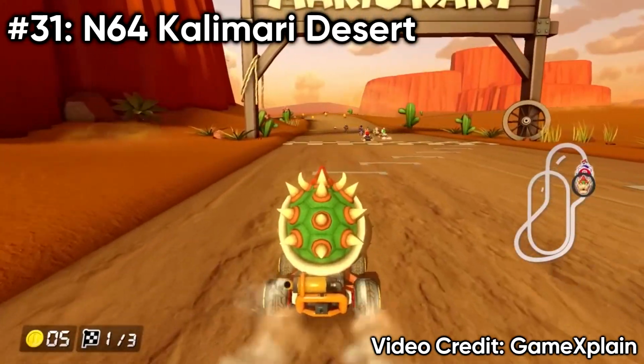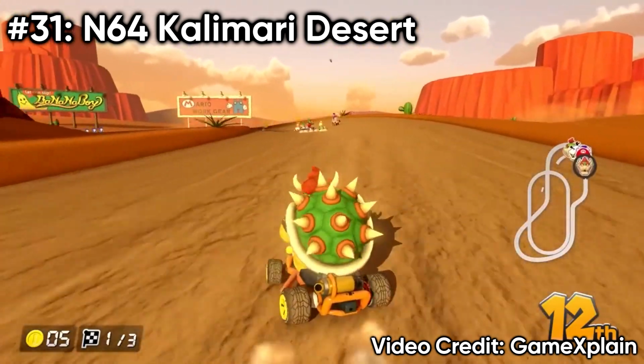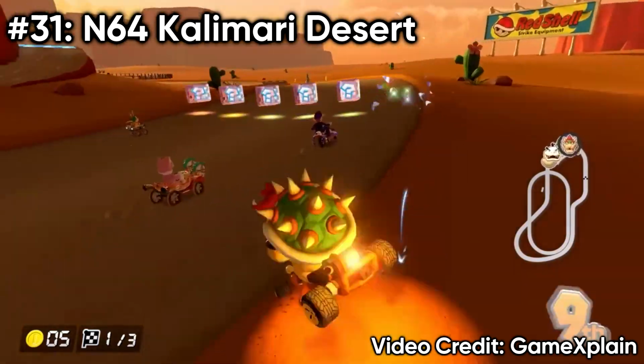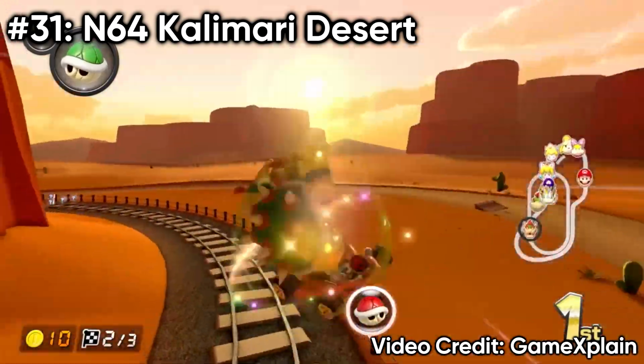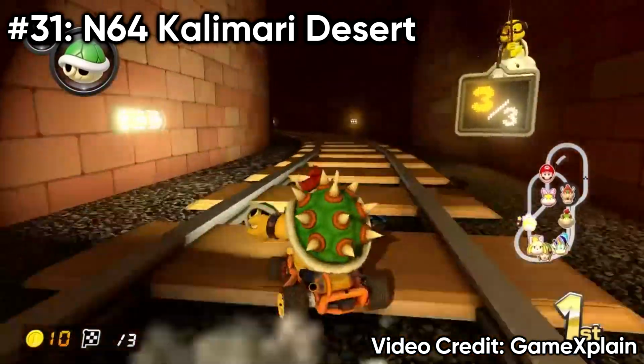Number 31, N64 Calamari Desert. The final N64 track in this DLC. Like I said, they really should have added more than 2. But anyway, I think Calamari Desert got an even bigger glow up than Choco Mountain. The main reason is because, like with the tour tracks, the route actually changes each lap. On lap 2 you drive along the train tracks, and in lap 3 you drive through the tunnel, which is